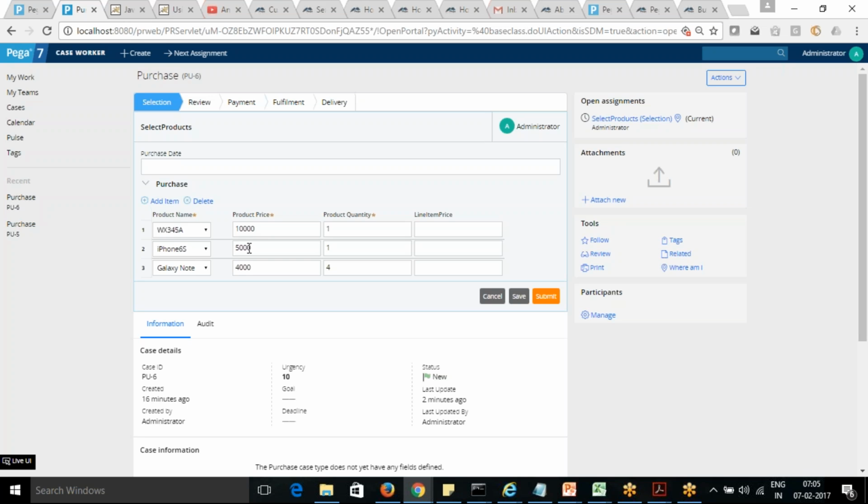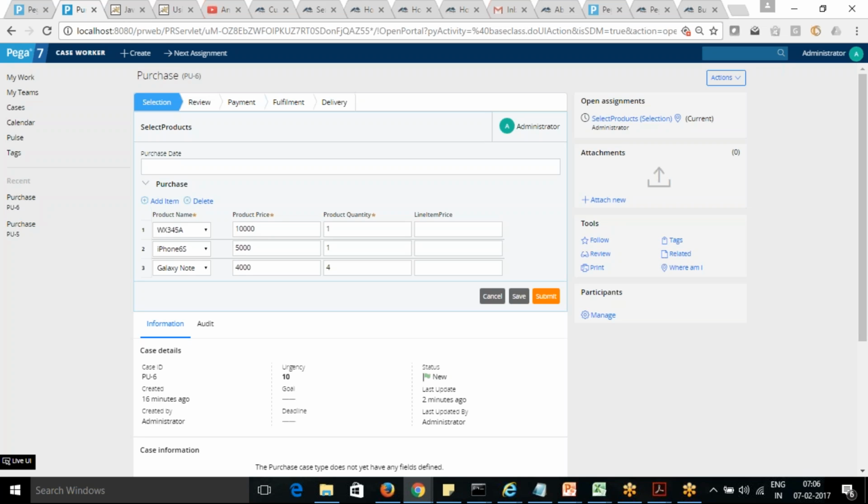So we'll continue on this tomorrow once again. These are some of the concepts of the dynamic UI, how you can work with the repeat grid, how you can show the display and the product name using the data page. And from the data page you need to populate one more field. That is not working as expected. So we'll continue on this tomorrow. Any questions? Sorry, it didn't work as expected. We'll see that tomorrow.